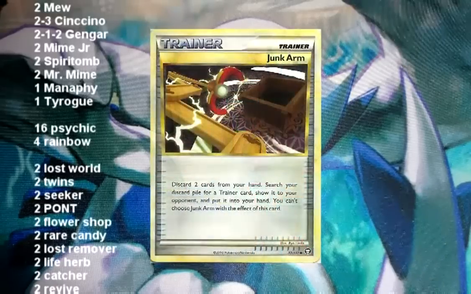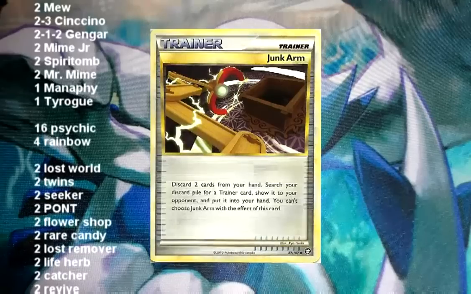Even with some of these changes though, you're still running quite a few trainers, so I would include 3 to 4 junk arms so that you can get rid of cards that are just bunching up in your hand that you really don't need and can reuse what you've already used. Junk arm is great for reusing a card that you've only been able to draw into maybe 1 or 2